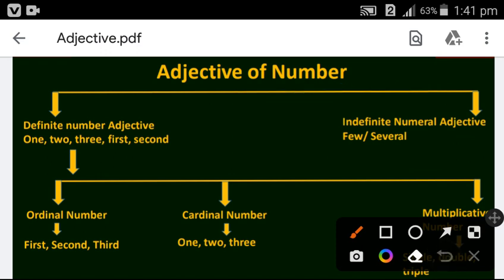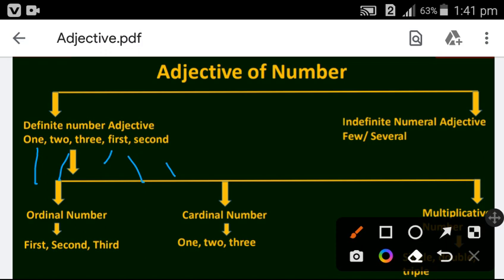Definite numeral adjective means such a number which shows a definite count of anything. Example: 1, 2, 3, first, second, and many more. On the other hand, indefinite numeral adjective means